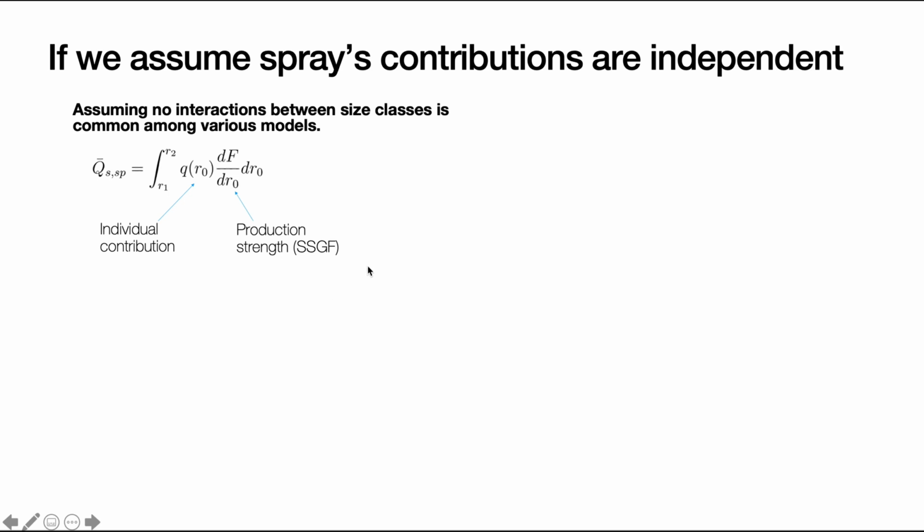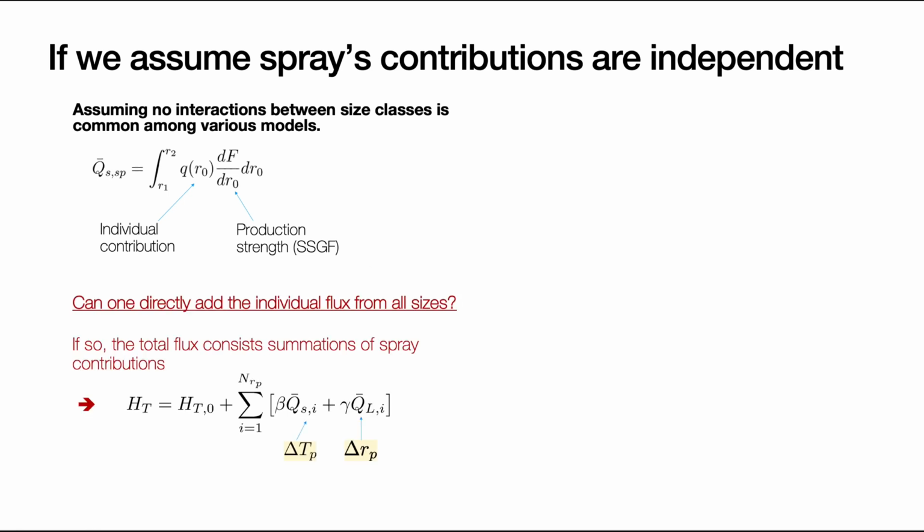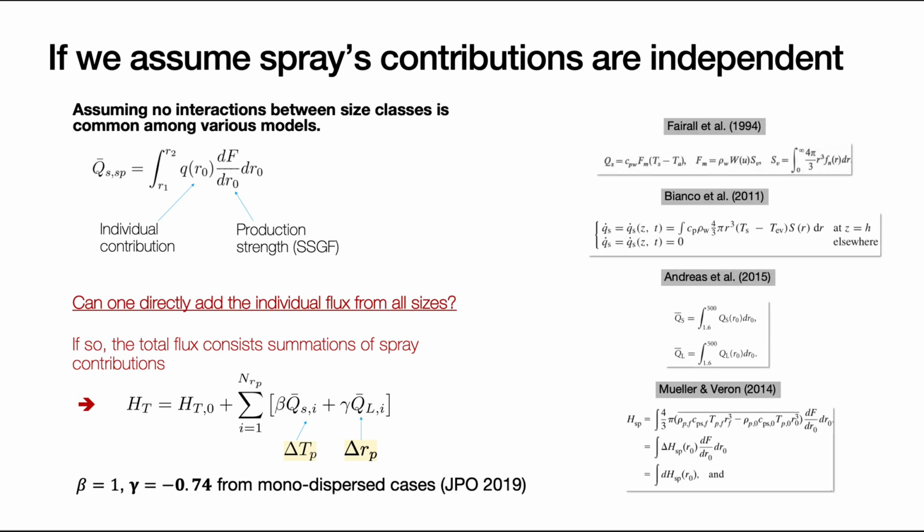This might be unconditionally practical if we think the spray is sparse, but if wind velocity is very high, we know the mass fraction of the sea spray above the ocean surface is extremely high. So in that case, can we still add them together to make the predictions of the total heat fluxes?